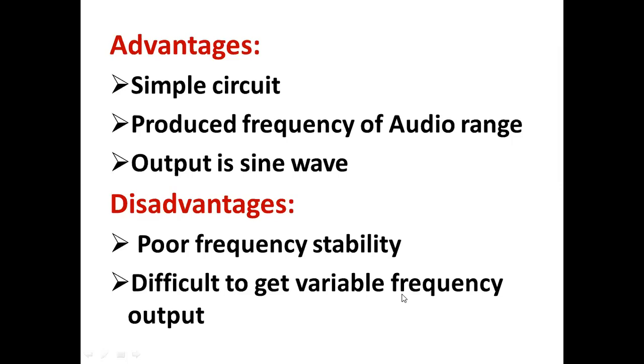So I hope you understand the topic of the RC phase shift network using op-amp, in which 3 identical RC networks are used in the feedback circuit in order to provide the additional phase shift of 180 degrees. And the op-amp provides a phase shift of 180 degrees. Therefore, the op-amp can be used as an oscillator along with the RC phase shift network. So I hope you understand the topic.